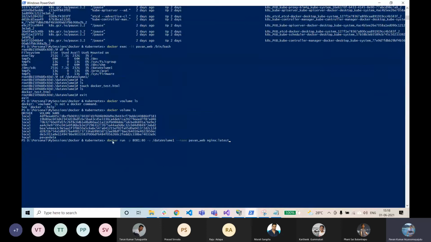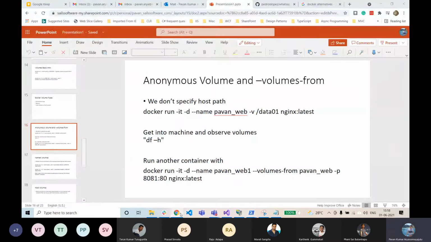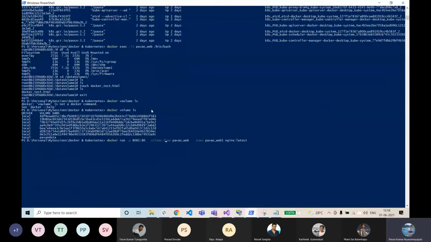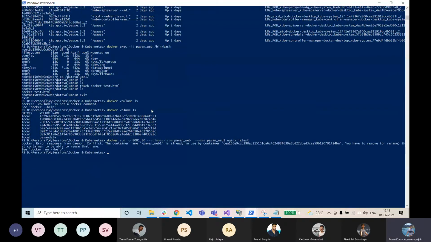I'll be creating another container, docker run -p, exposing the port, and then the name as web1. Here I'll specify volumes-from, and then the other container name.